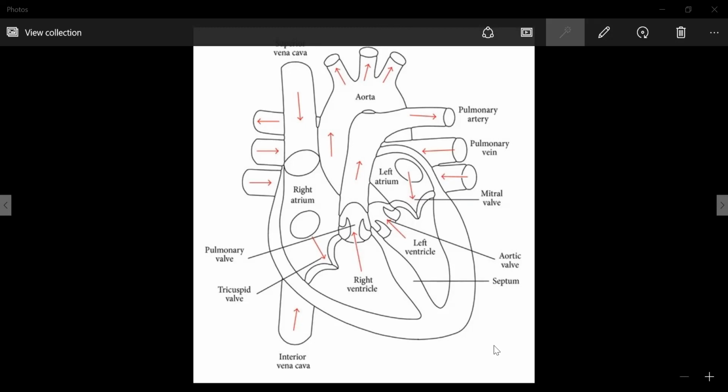In this whole process, it takes less than 1 second, almost 0.8 seconds. In 0.8 seconds, the whole process is done. The blood is collected over here. That is the first phase. Then it is sent over here, and when it is pumped up, that is the second phase. Then a pause. Then it gushes back when it relaxes. When the right ventricle relaxes, this again opens up, and again it will push all the blood inside.